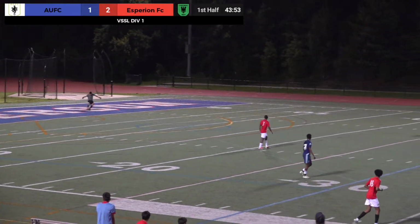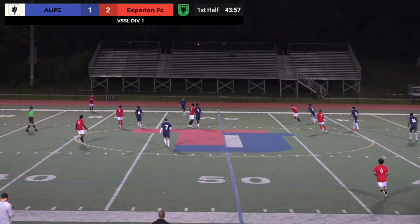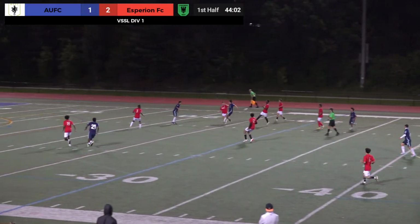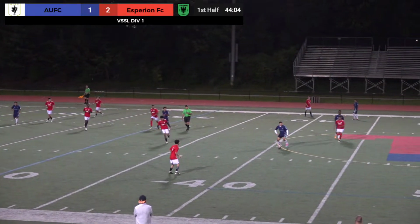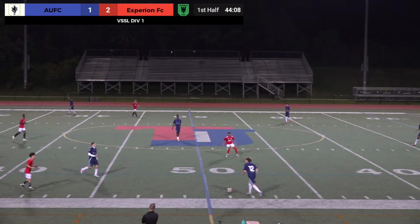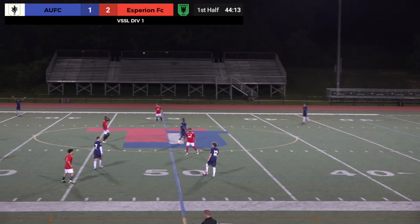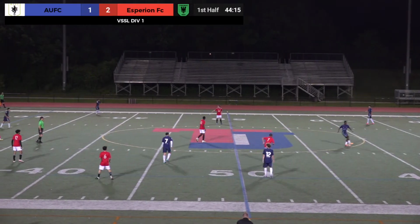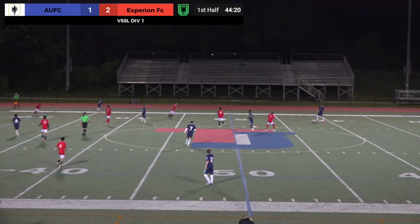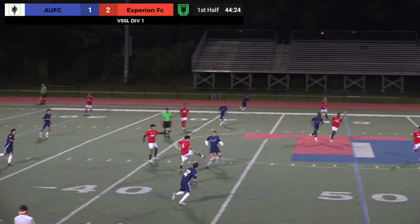Coming down to the last minute in this first half. Denier plays it upfield. Picked up by De Jesus for Alexandria, drives. Too big of a touch there, but it's a regain by Alexandria. Lobo. Options forward. Fred Hernandez into Correas. It's a little too